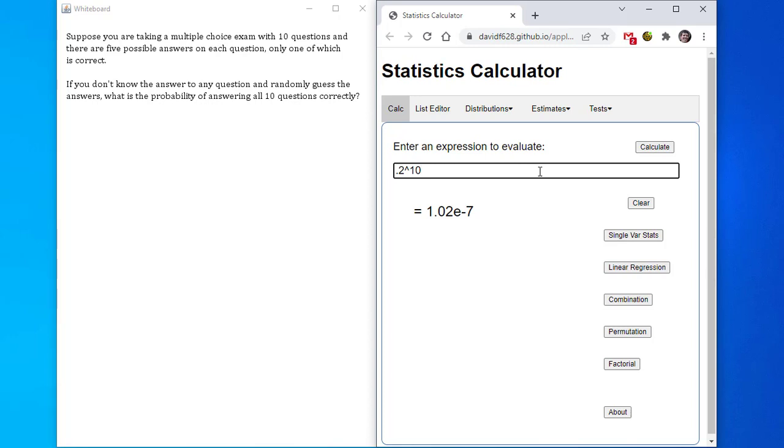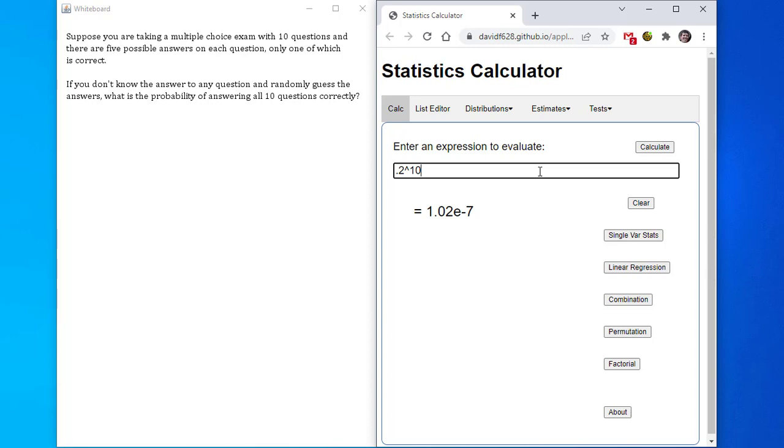Now, nothing's wrong with the stats calculator. This is expected. Clearly the answer is not 1.02 because we can't have a probability that's greater than 1. So what the e minus 7 is, that's the way the calculator represents scientific notation. So it just means there's 6 leading zeros on this number,